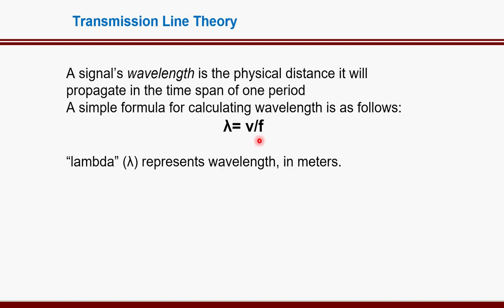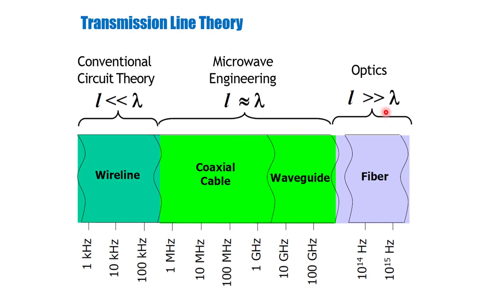So if I want to send a small frequency signal, then my lambda is more, right? So I may require a length which should be very much smaller than the lambda. For example, for conventional circuit theory, that is, the electrical circuits which operate up to several kilohertz, say 100 kilohertz, the lambda is obviously very high. So the length of the transmission line should be very low.